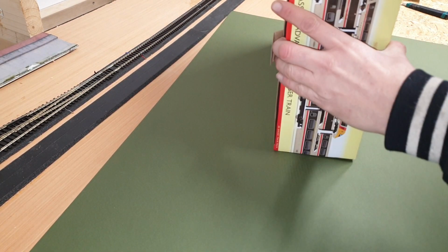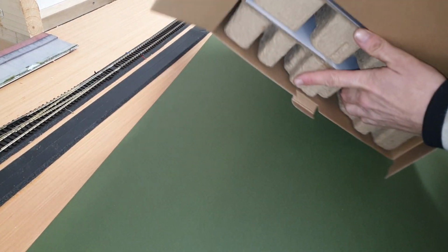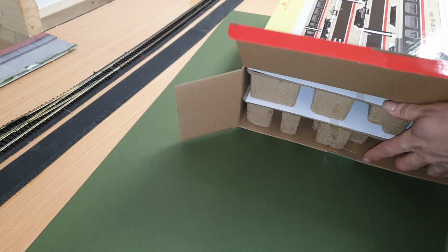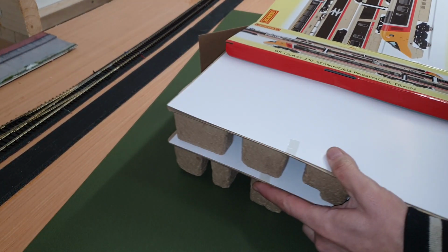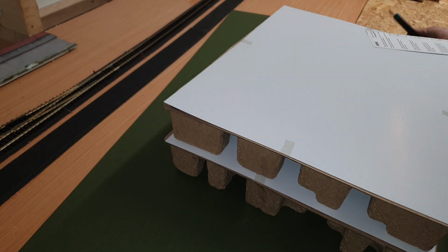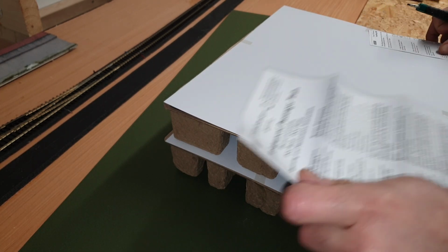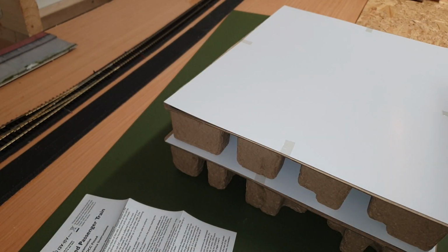Gonna put the end of the box up, and there's 2 trays, so I'm going to lay it flat now, slide those out. I noticed that with the APT sets that they've gone for these cardboard tray boxes. Again, same, you've got your normal sheet for your DC operation. Also comes with another sheet which I'm just unfolding,